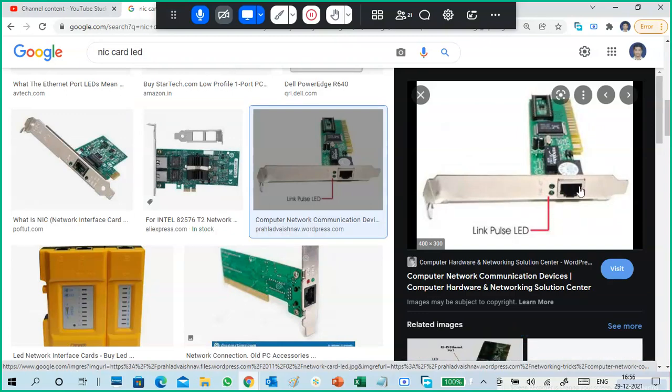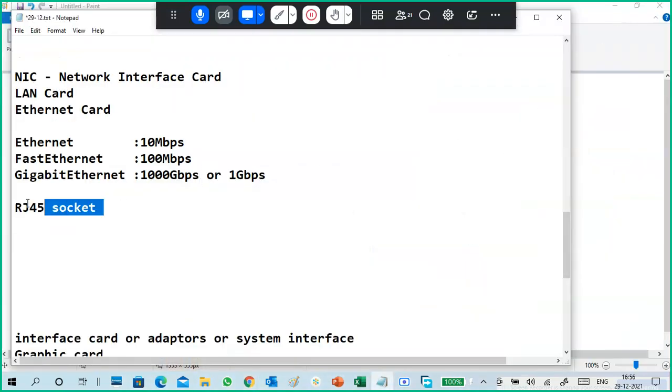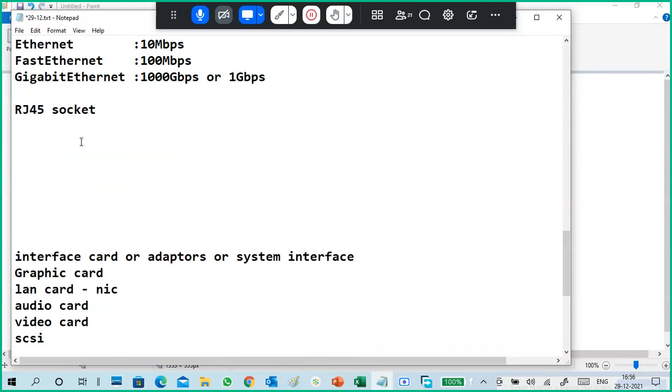Sometimes it will show here or sometimes on the connection itself. This socket we call an RJ45 socket. So compulsory check the LED status, check for link and activity status.